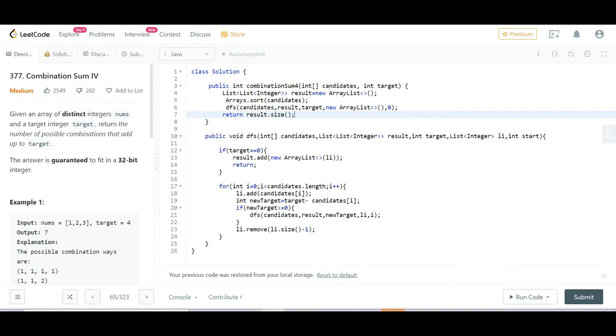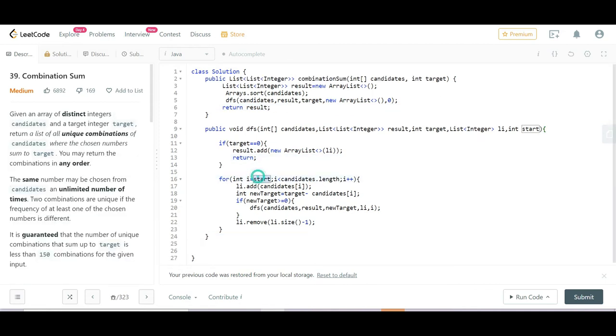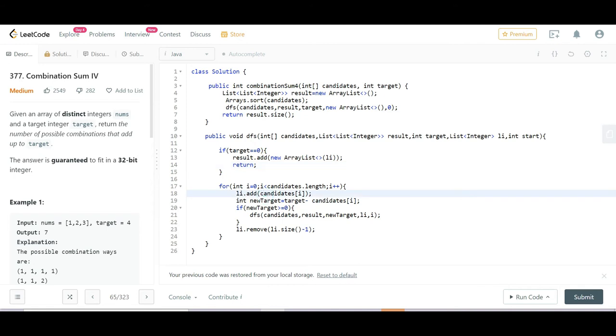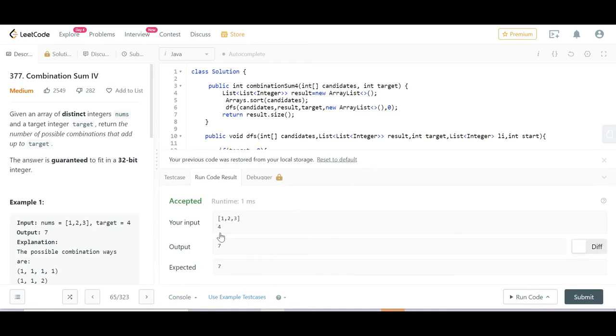Previously it was starting from the start variable and going to end, because in the next level we take i plus 1 or something. But here the numbers can be used every time. So in the combination sum 4 problem, we have to take the numbers from 1 to 3 every time, every number. That's why I maintain it as 0 to 3. Now if we run it here, it is working. If you see 7 and 7, right?